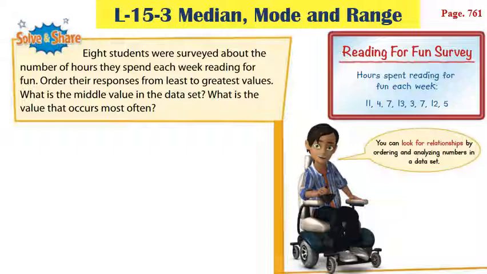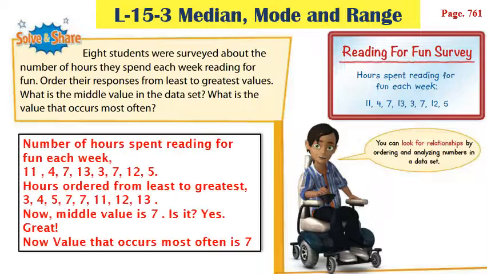Excellent. Let's see. Number of hours spent reading for fun each week: 11, 4, 7, 13, 3, 7, 12, 5. Hours ordered from least to greatest, 7, 11, 12, 13. Now, the middle value is 7. Is it? Yes. Great. Now the value that